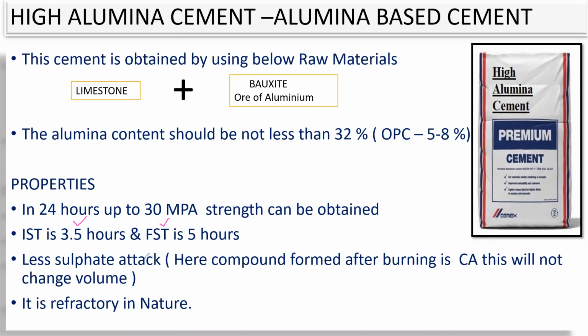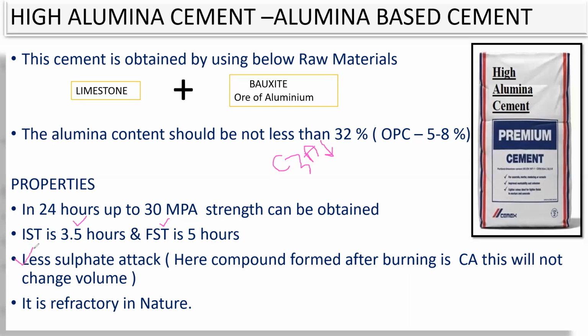So now one question comes to our mind: how is it that this particular cement can become less prone to sulfate attack? Because we are increasing the tricalcium aluminate content, that is C3A content, right? Alumina content we are increasing here, and we know that if alumina content is increased, what will happen? It will react with sulfate and it will try to form a sulfate attack. We already saw, in the previous case we had reduced this C3A content. But here I am writing another point: by using this high alumina cement, I'm making it less prone to sulfate attack.